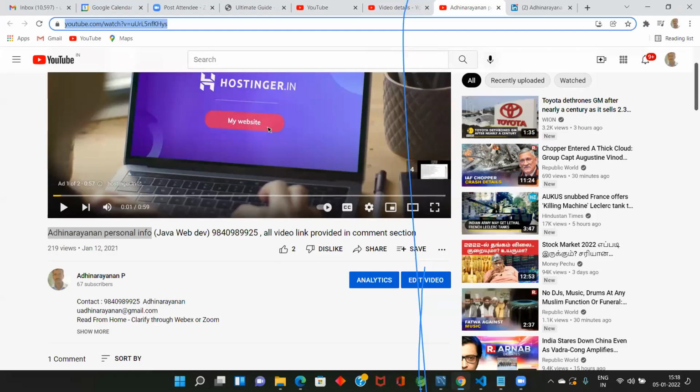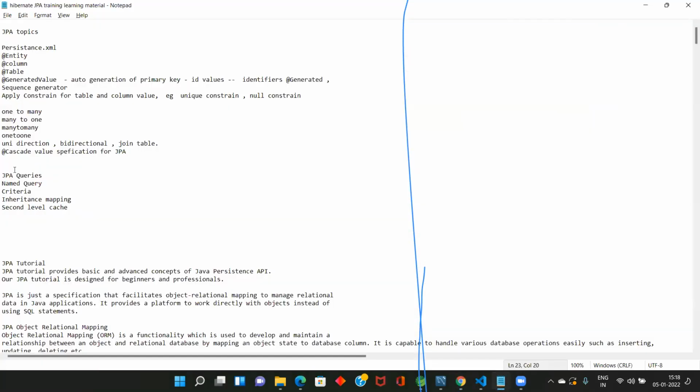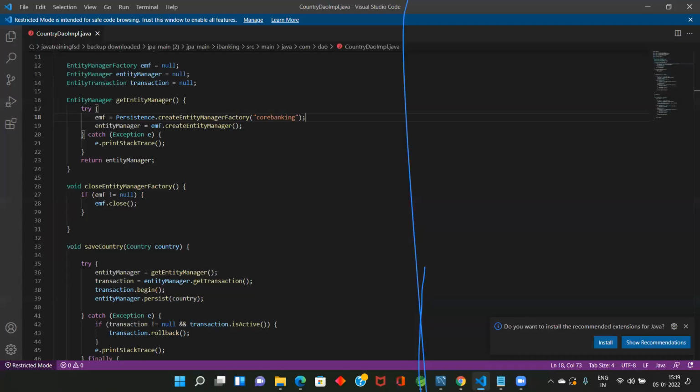Anyway, now we'll go here. So now JPA queries. What are JPA queries which we are going to see? JPA queries are used when you want to retrieve data based on some condition. For example, you want to retrieve all the employees who have salary greater than 20,000 and are from Bombay or Chennai or Bangalore. If you want to get data based on a condition, you cannot use association. By using association, you can get only related data. For example, when you pull an employee, you can get his salary detail, his login detail. Applying a where condition is not possible there, but when you use JPA queries, you can do this.